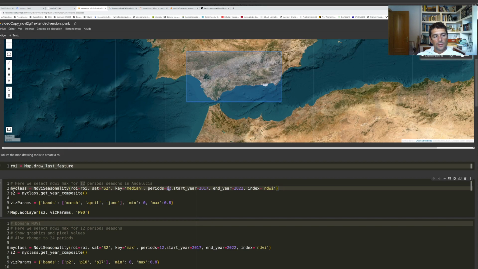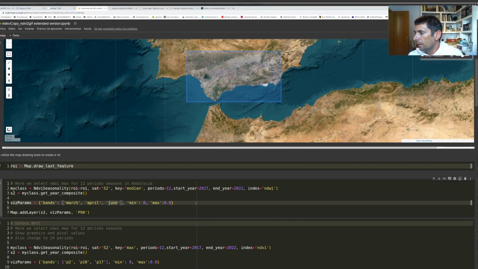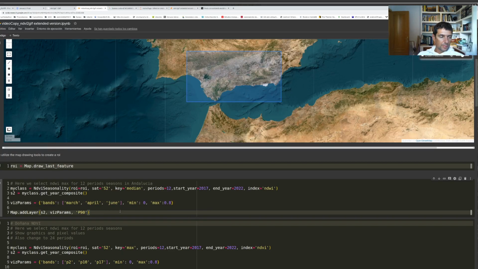And I split the year in 12 seasons. The start year is 2017 and the end year 2022. The last year is not included, so this will go from 2017 to 2021. And the index, here is where you select the index. In this case, it's the normalized difference water index. Then I select the visualization parameters. This is the raster band that I want to load in the RGB composition. And the values, you know, this normalized difference index goes from -1 to 1, and water should be in values above 0. So if you run this with Shift Enter,